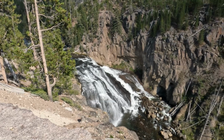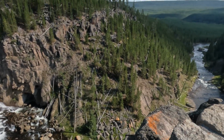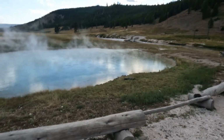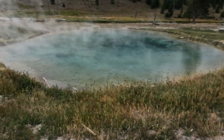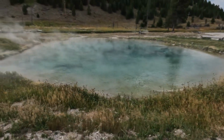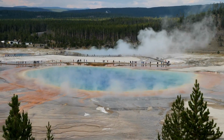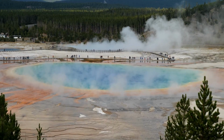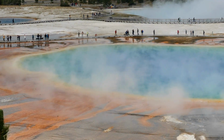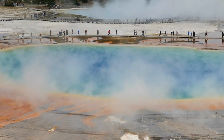Here's a quick look at Gibbon Falls, pretty cool waterfall, and the river is the Gibbon River. And now we're back to the Middle Geyser Basin, and we're going to head out to the Grand Prismatic Spring Overlook. There isn't a sign that says this is the Grand Prismatic Overlook. You have to park at the Fairy Falls trailhead, and then it's about a mile walk. Here's a tip: if you drive up to the Grand Prismatic Spring and you see steam rising, don't get on this trail. That's an okay view, but I